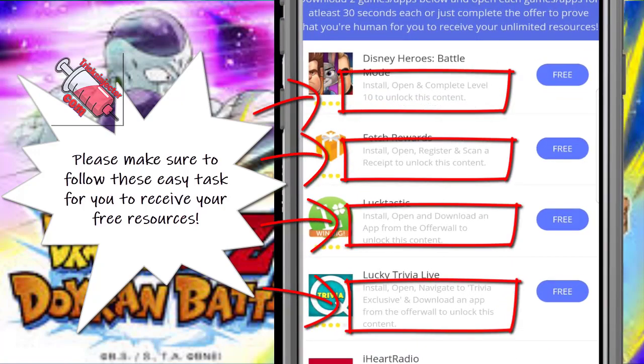Please make sure to follow these easy tasks for you to receive your free resources.